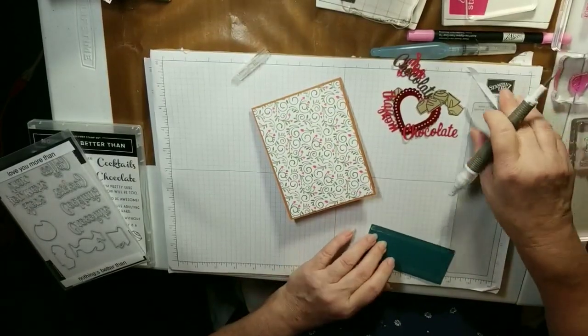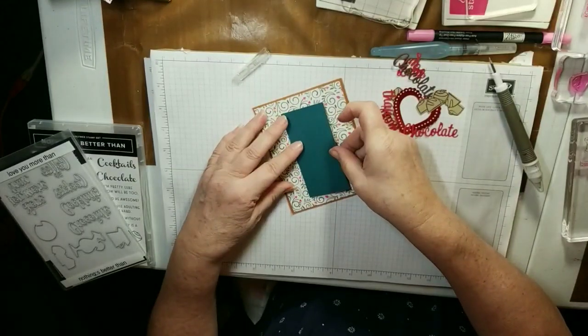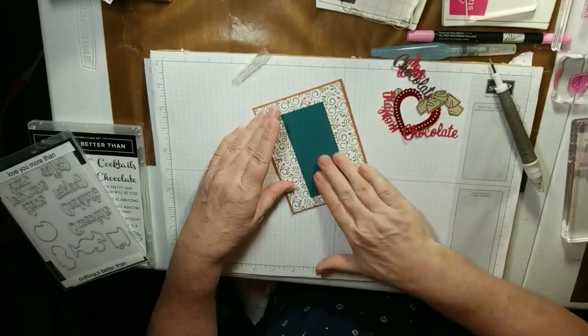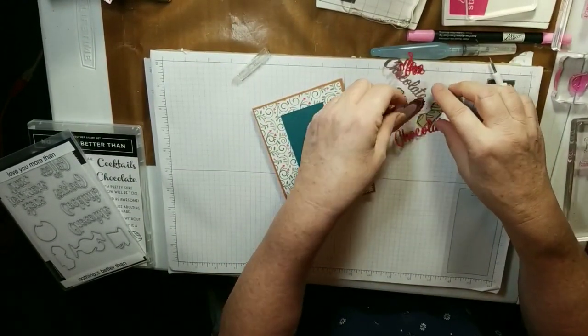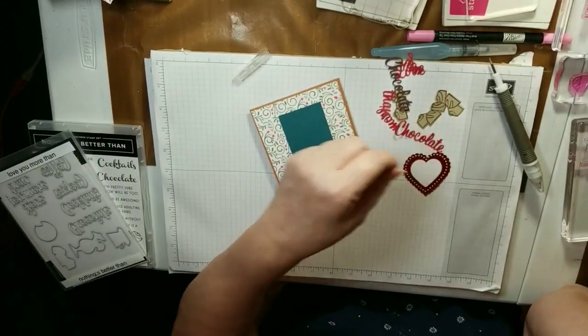Also, you know, see the tear and tape? Can't live without my tear and tape. All right, I'm going to set this down towards the center. All right, this one. This heart was in the last